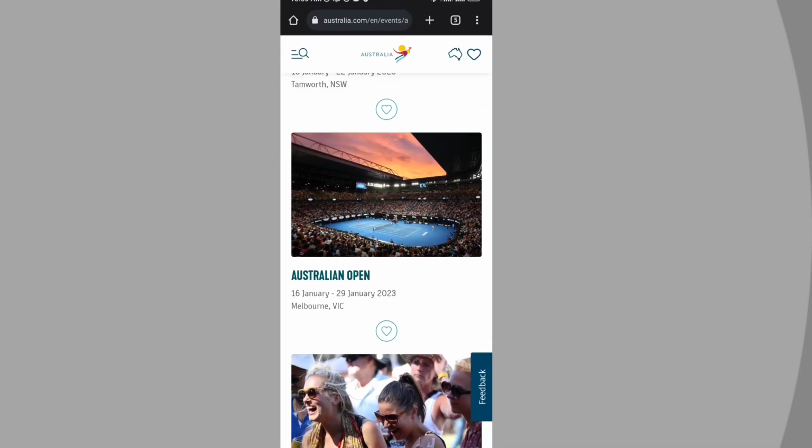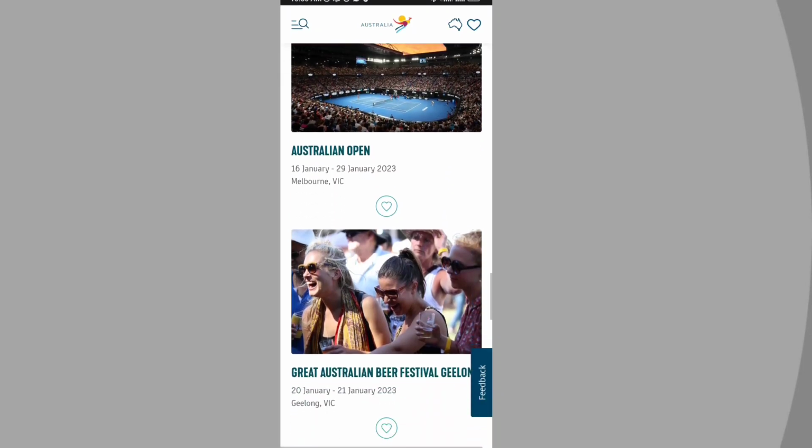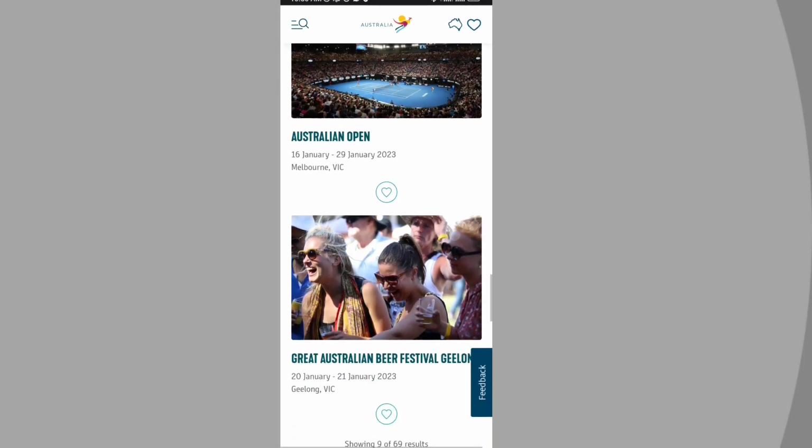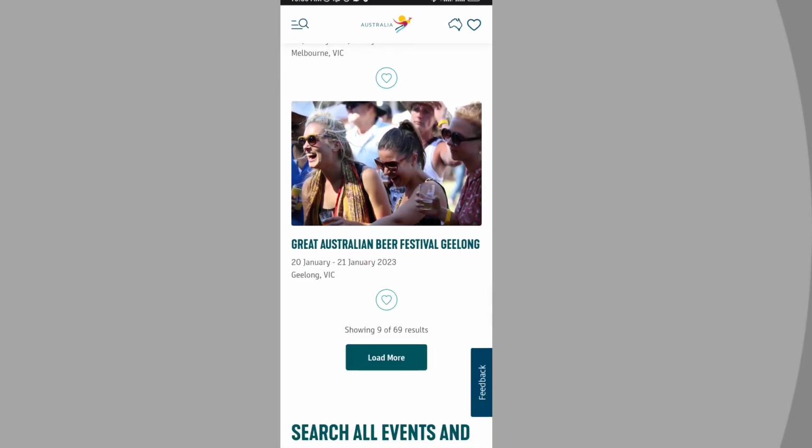Australia Open. This is a good one, but it's just a few days away, so you're not going to get very good shipping. They're not going to be able to get the product before the event starts, which is going to be bad for business if you're not able to ship the product when they need it. So beer festival,